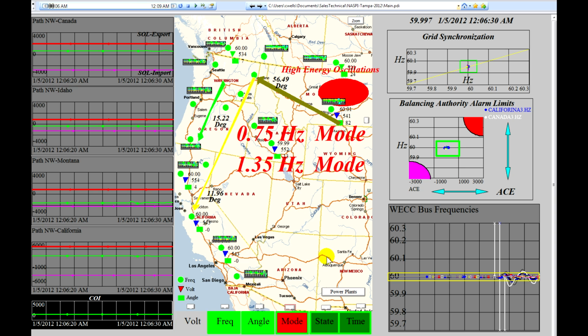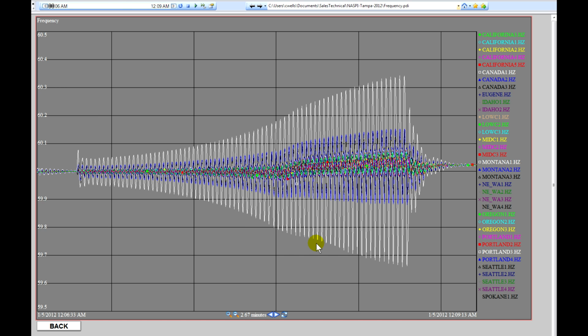Go back to the main page, and now what we'd like to do is take a detailed look at the shape of this particular oscillation. So we jump back to the main frequency page and use the zoom button to zoom out to the entire event, and we'll see this is where the event occurred initially over here, stable oscillations, and then an unstable oscillation